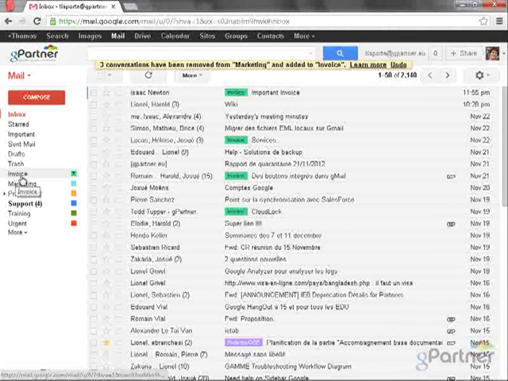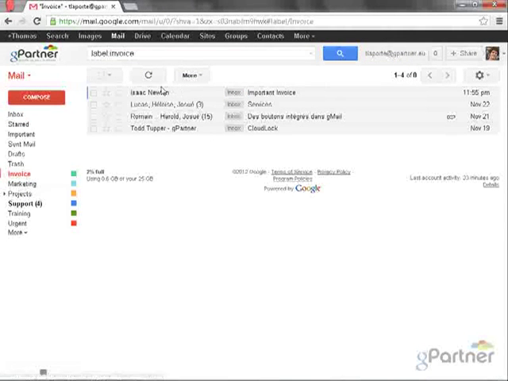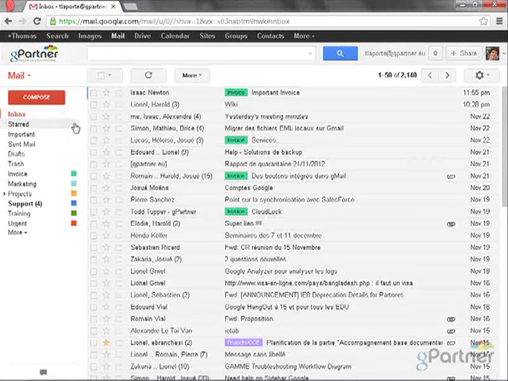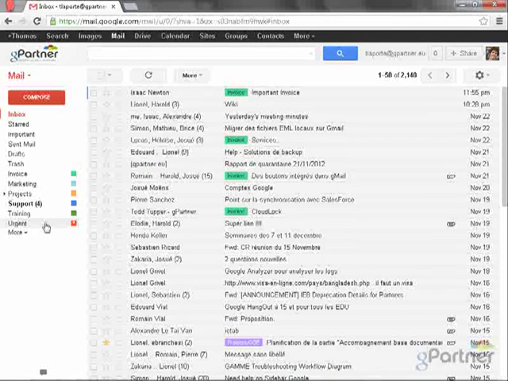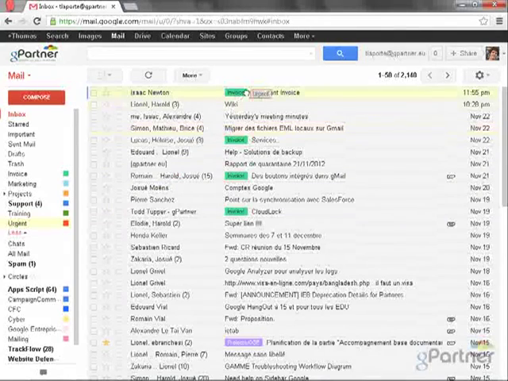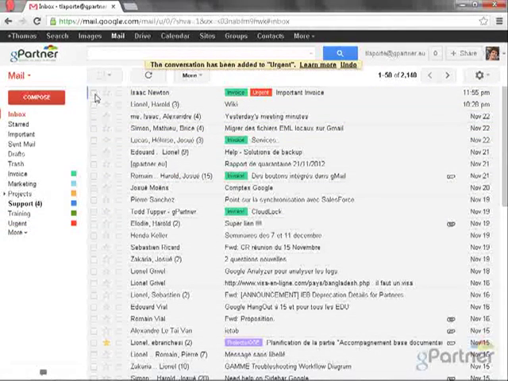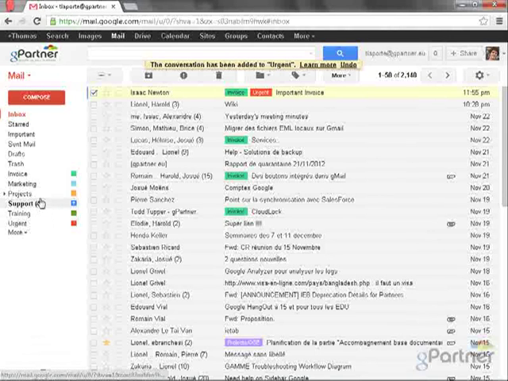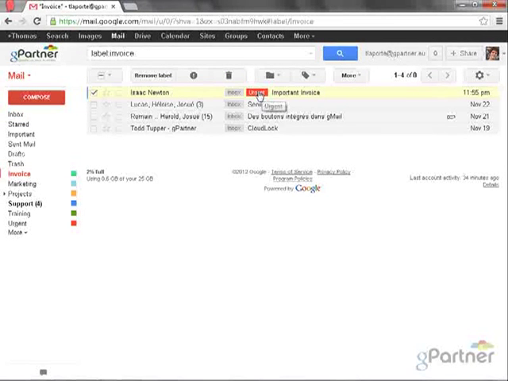For example, if I want to display all my invoices, I can just click on my invoice label to filter them. The strength behind labels is that you can apply multiple labels on the same conversation. For example, I can add the urgent label to this conversation, which already has the invoice label. This way, I will find this conversation into my inbox if I click on my invoice label, and also if